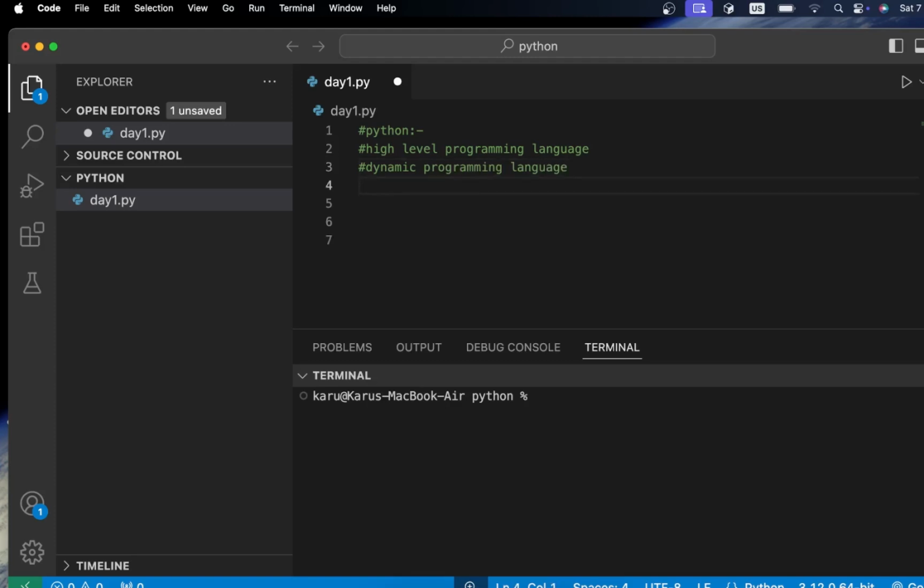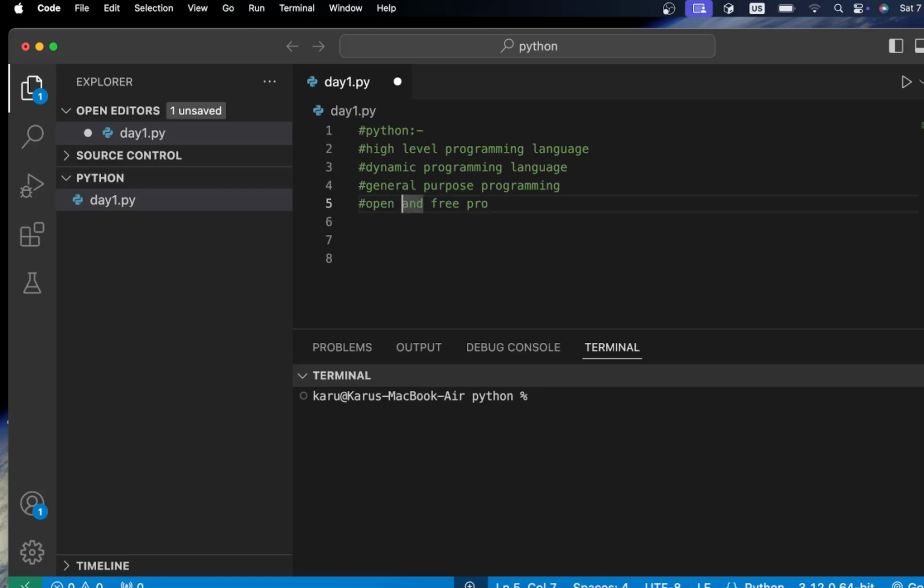And then Python is a general purpose programming language. Okay, and it is open source and free, like this.